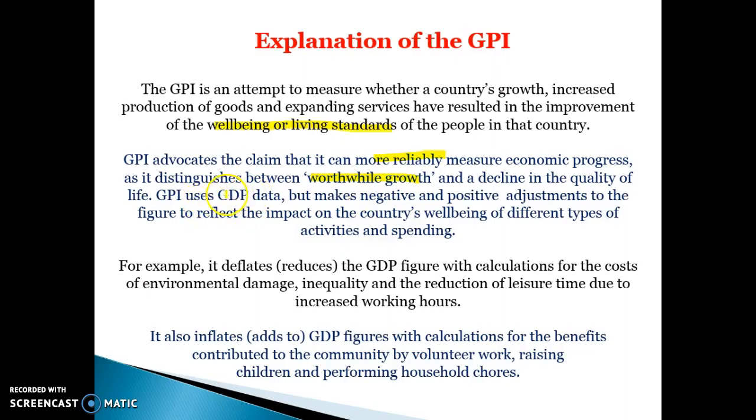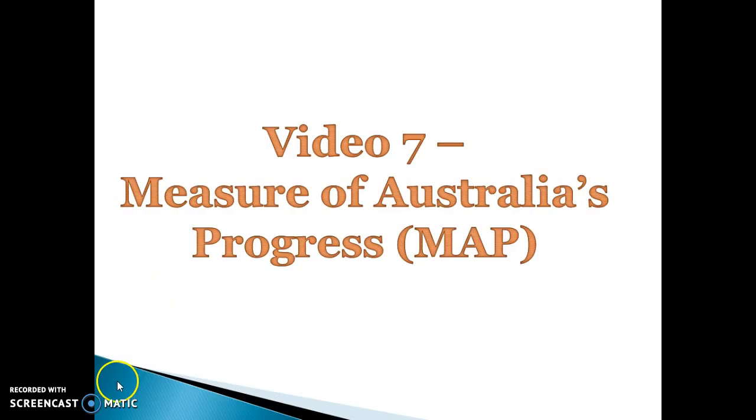So how does it work? It uses the GDP data, then makes negative and positive adjustments to reflect the impact on the country's well-being. For example, it deflates or reduces the GDP figure with calculations for the cost of environmental damage, inequality, and reduction of leisure time, and it inflates things like the benefits from volunteer work, raising your children, and performing household chores. So explaining what it attempts to measure and how it works. Next video we're going to talk about the